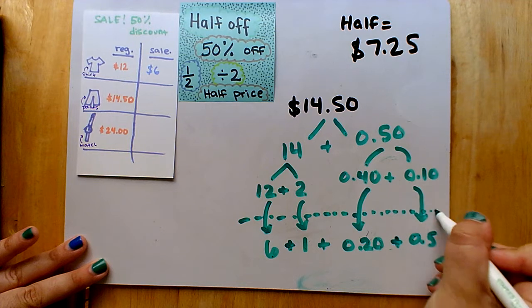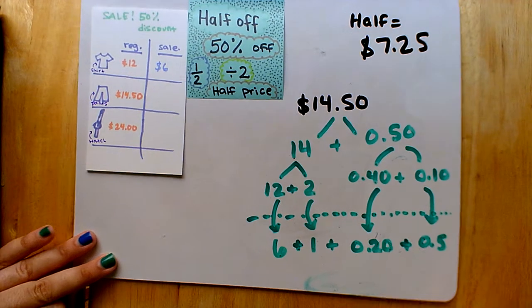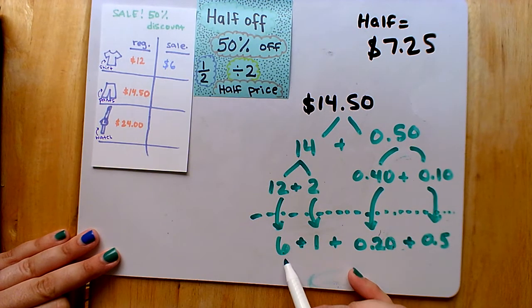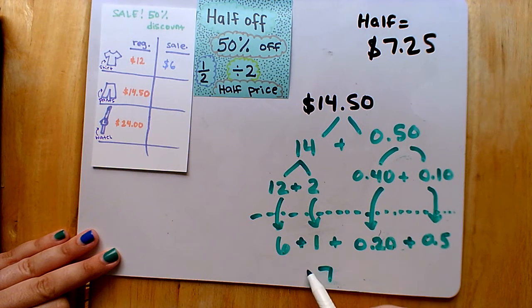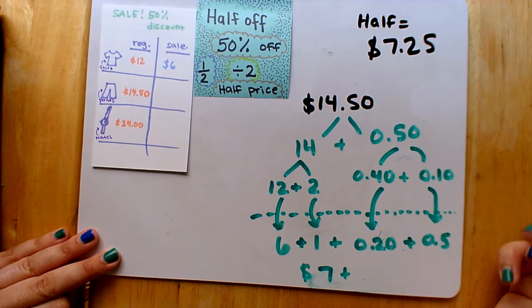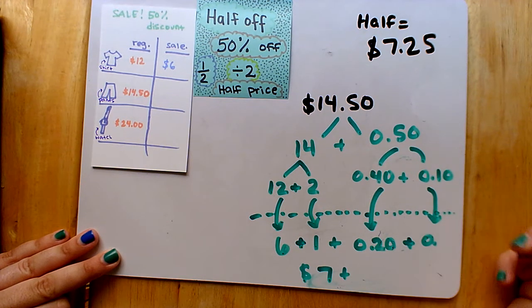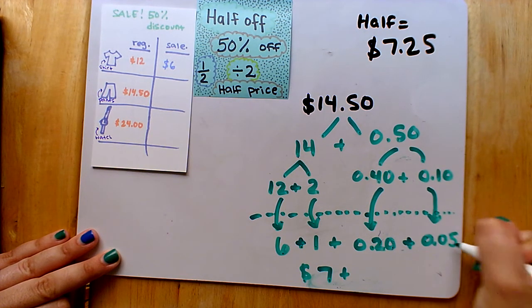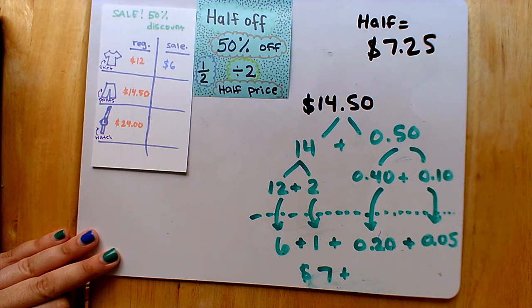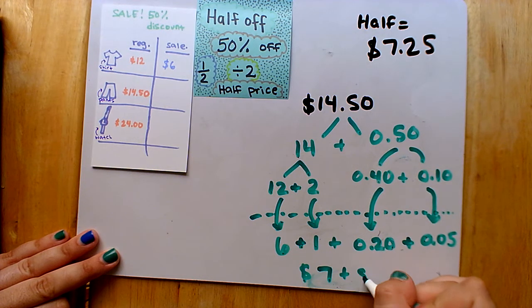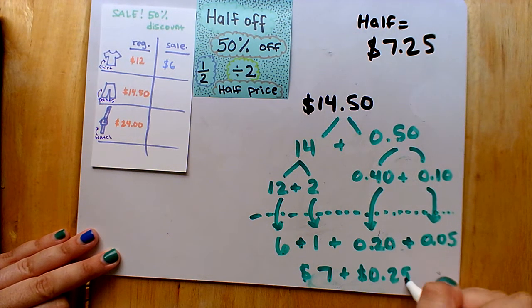Now, under this dotted line, I have all the halves. If I add them together, my dollars added together gives me 7. My cents added together, 20 cents plus 5 cents. Oh, Miss Camila messed that up. That means 50 cents. That means 5 cents. 1 nickel. Sorry. 20 plus 5 cents. 0.25. If I add those two together, I will get, once again,